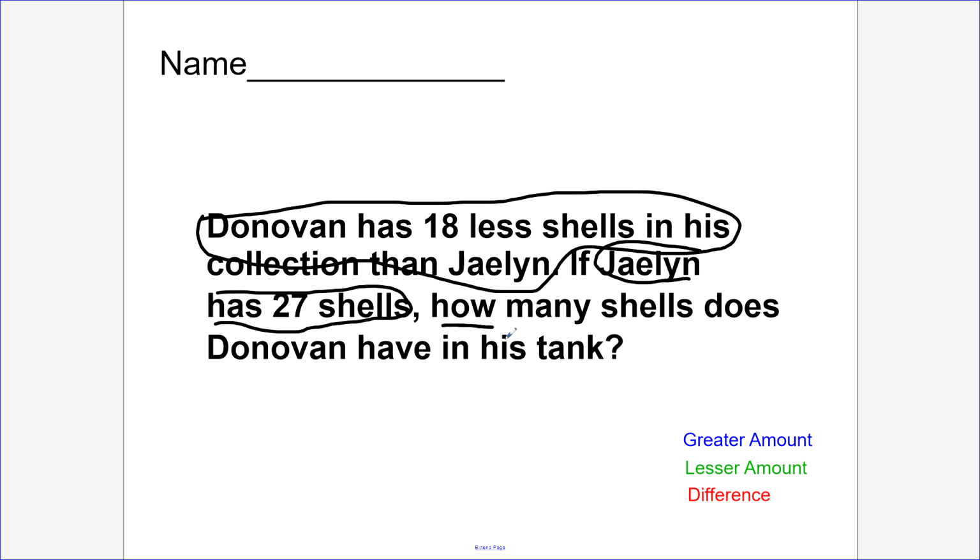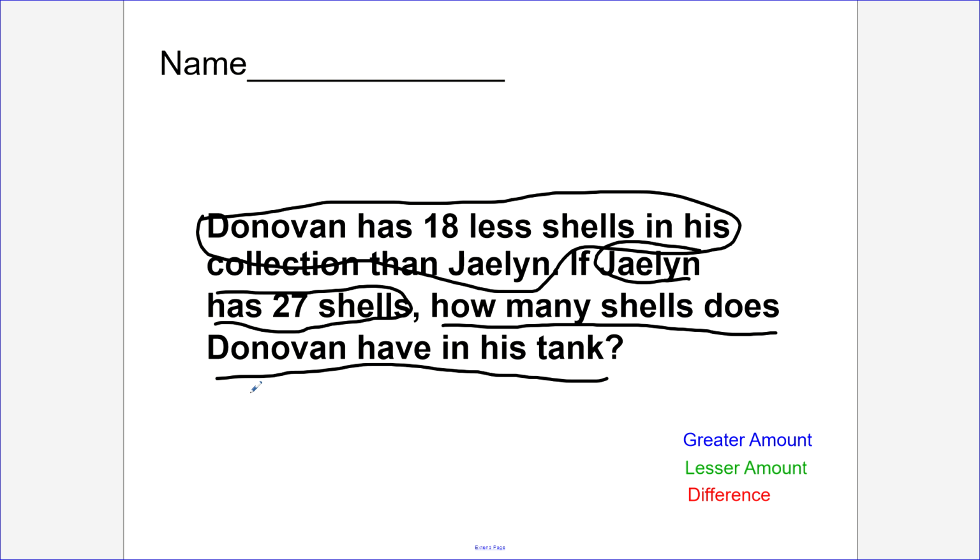The question that I need to answer says, how many shells does Donovan have in his tank? This is what I'm trying to find out. This is my unknown. Now, 3rd grade, we're going to think for a moment. What are the 2 amounts? What are the 2 things that we're comparing? Oh, yes, I'm comparing the shells Donovan has to the shells Jalen has. I need to figure out